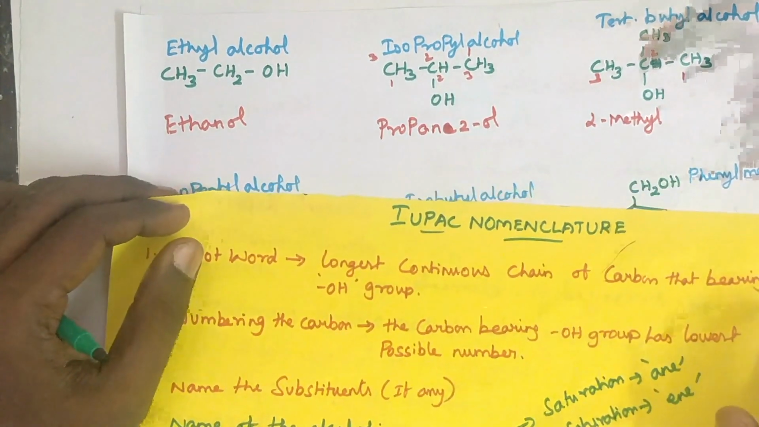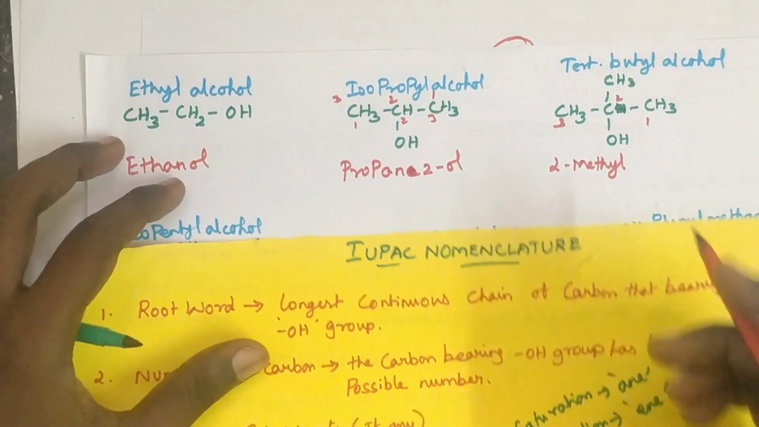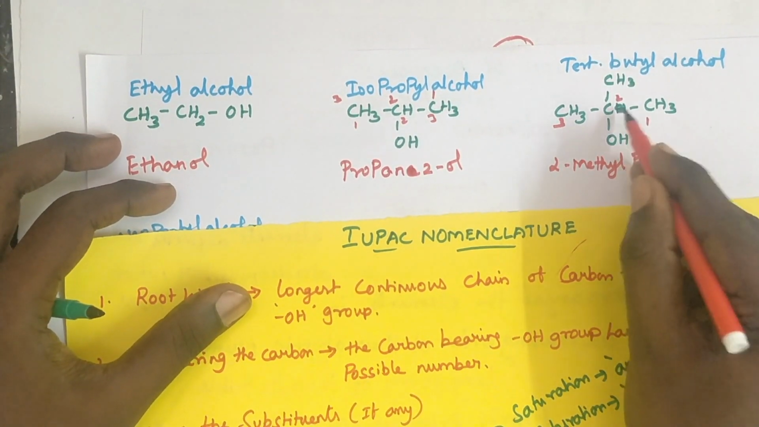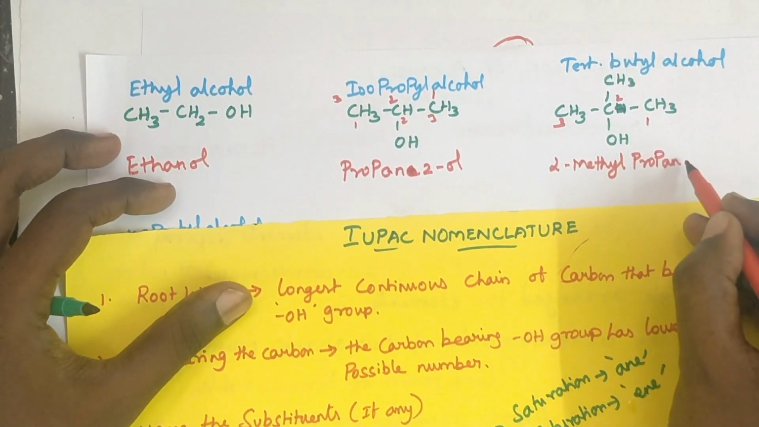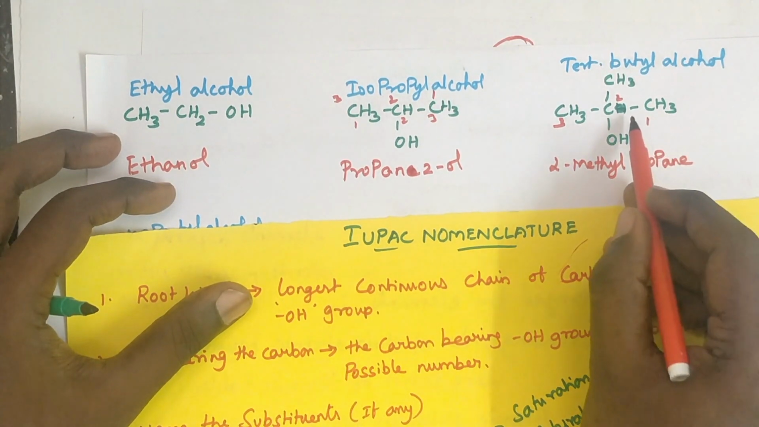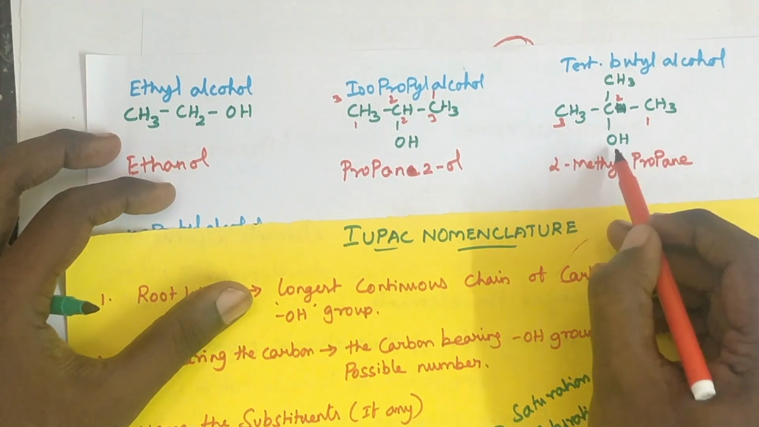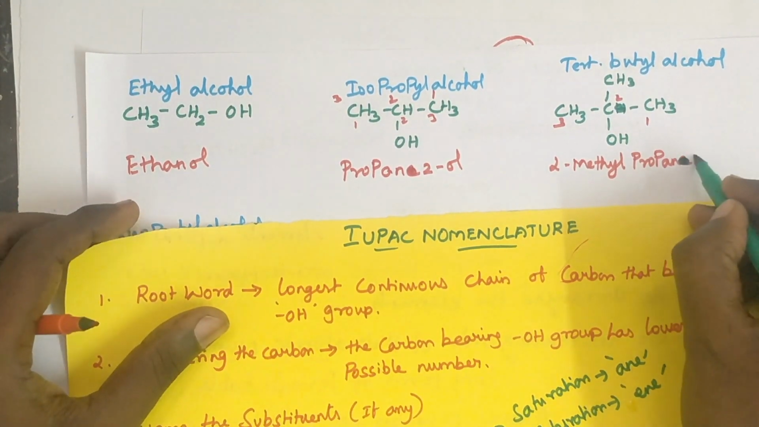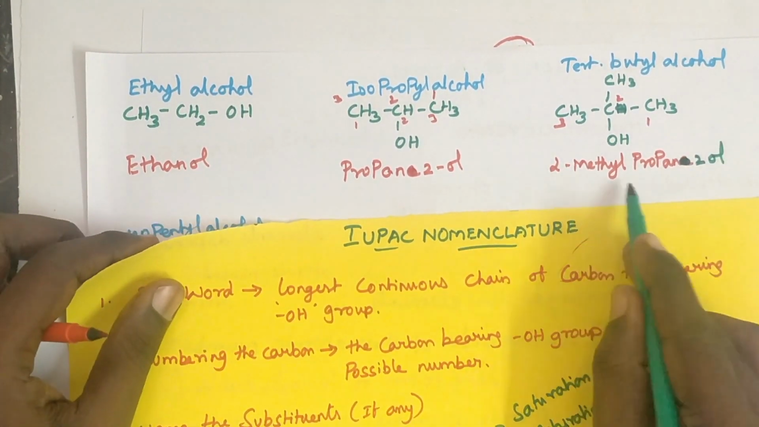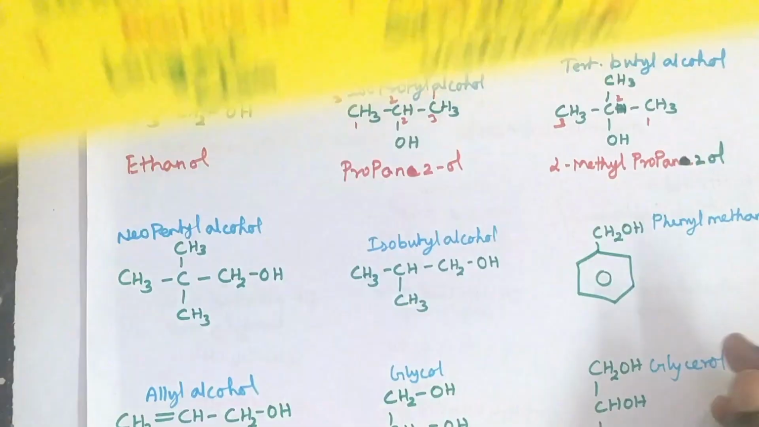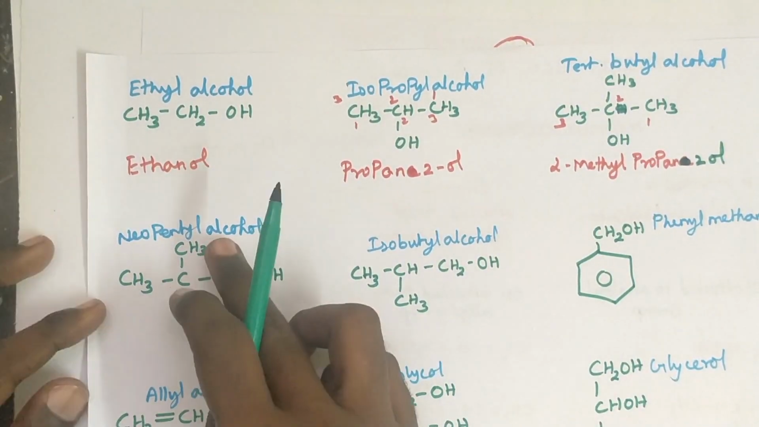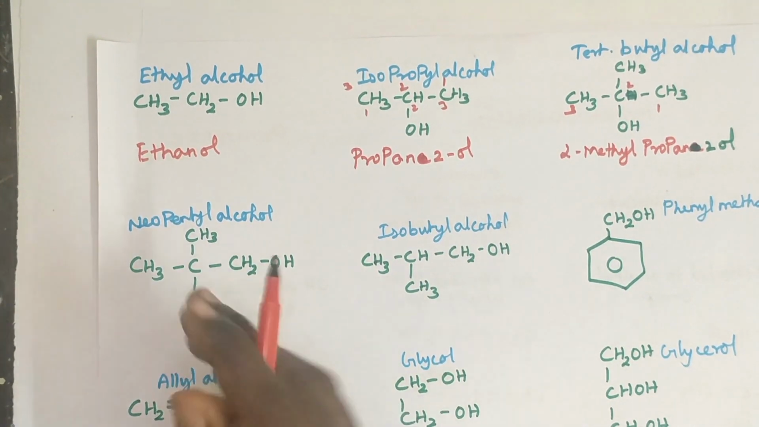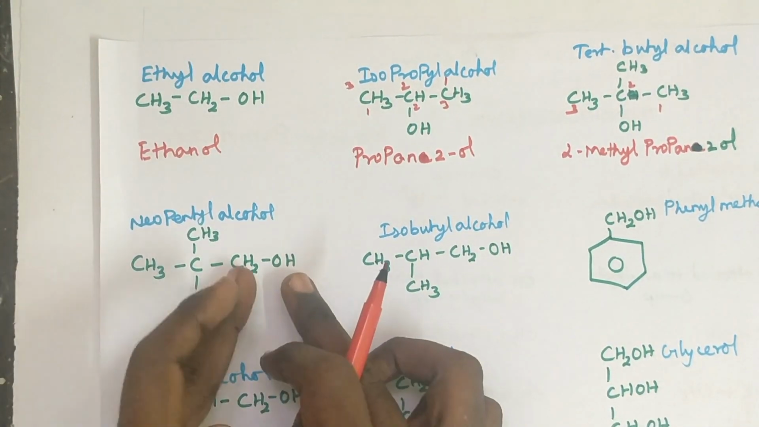The straight chain number of carbon is 1, 2, 3. 3 means pro, and they mention saturation, single bond, ANE, but OH is present in the second carbon, so you have to write it as, E replaced by 2-ol. So 2-methyl propane 2-ol. Similarly, this one, common name is neopentyl alcohol, but in this case, so functional group here,